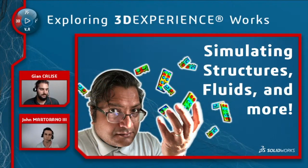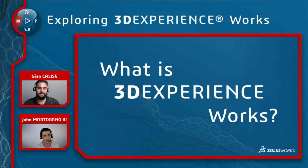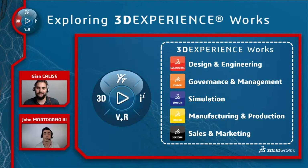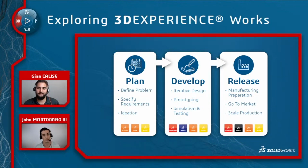And if you are new to this series, though, you may have a question. And what is this question? Well, what is 3D Experience Works? It's our growing portfolio of handpicked tools by SolidWorks to tackle just about any product development challenge. So this is 3D Experience Works. And as you can see, we have different brands that tackle different phases along the product development process. So in its simplest form, it's planning, developing, and releasing a product. And we all know that SolidWorks tackles that second step just perfectly, really. So the rest of 3D Experience really fills in the gaps to provide that one-stop shop of all our connected